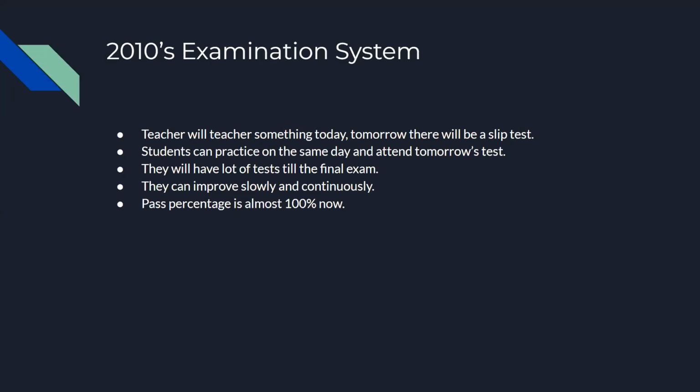Your teachers and your parents can monitor you continuously, and they know what they are teaching and how you are performing. They will tell you how to improve yourself. So this is the simple process change. Instead of 5-6 exams, if they conduct some exams daily, then the pass percentage is almost 100% now, at least in the SSC. So you understand this, a simple thing. Students are the same, parents are the same, teachers are the same, syllabus is the same, but a simple process change is introduced continuously.